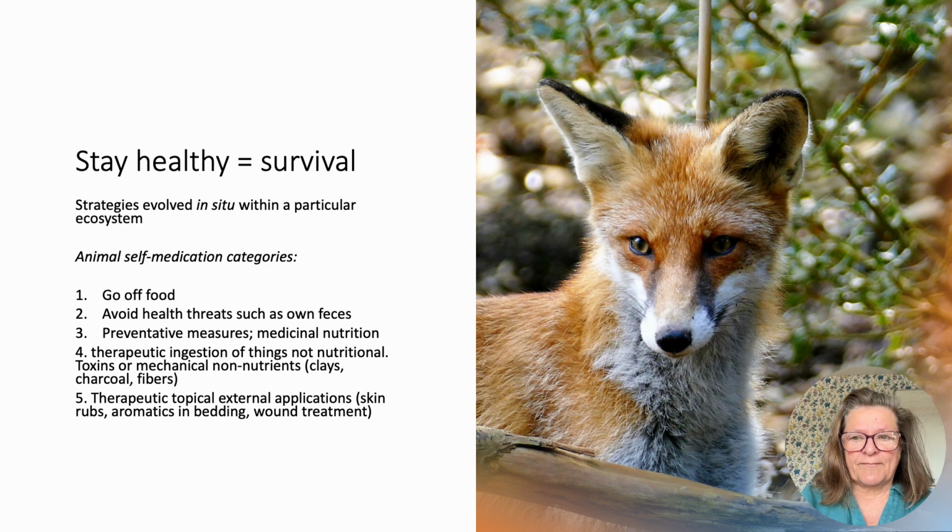So in order to survive, the pressure that's been on wild animals is to stay as healthy as possible all the time. It's a completely different strategy than us humans, where we tend to wait until we get sick and then do something about it. So there isn't that option in the wild. In order to survive, you've got to be as healthy as possible at all times. And so most of their strategies for staying well are preventative, in that